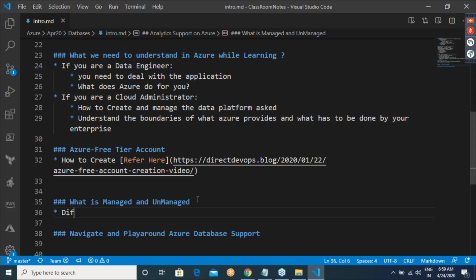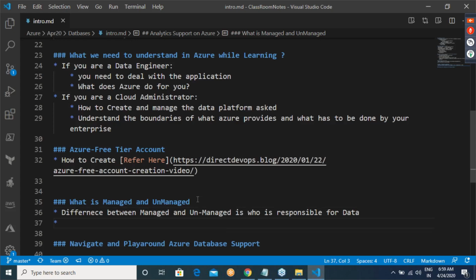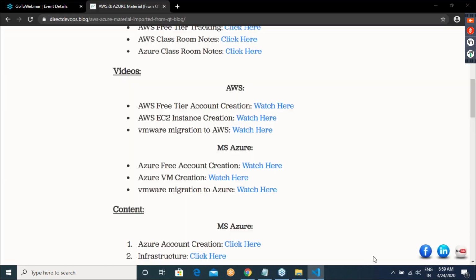The difference between managed and unmanaged is who is responsible for the database. So I'm quite sure that we know what this is.